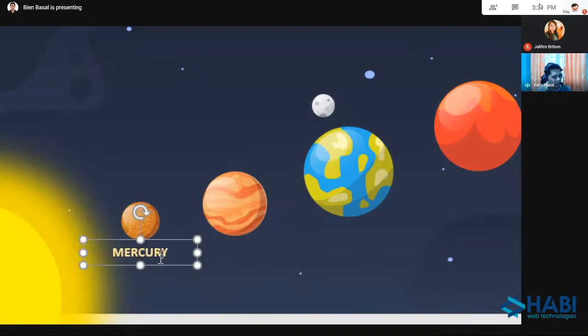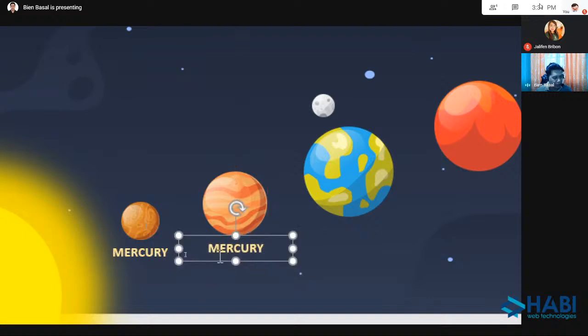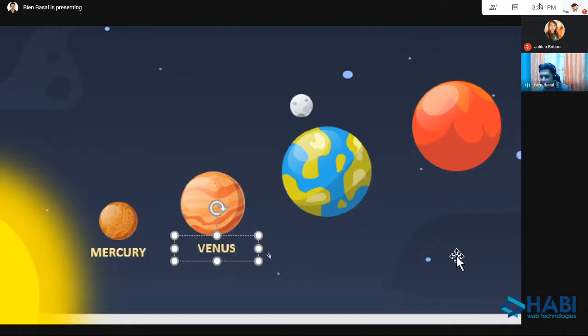So it's a matter of aligning. So if you align, you see, PowerPoint shows the guides. So this one is centered. Center alignment. So I can copy now, Control C, Control V. Again, I only copied this container. And all I have to do is add the names. This one is Venus. Correct me if I'm wrong. Yung ating mga science teacher po dyan.